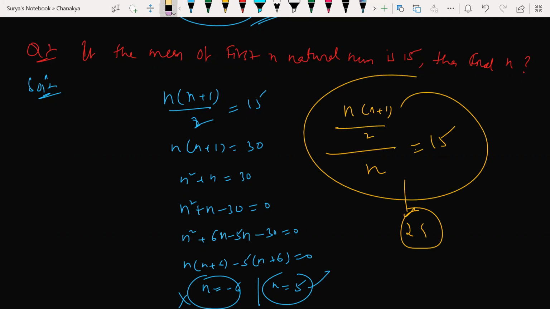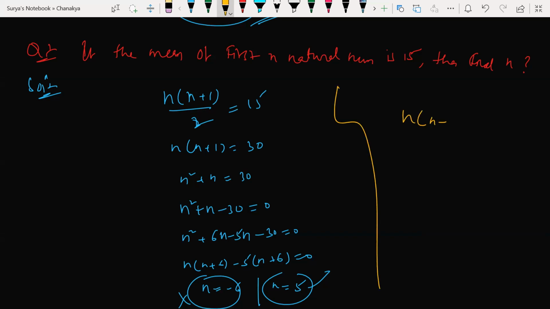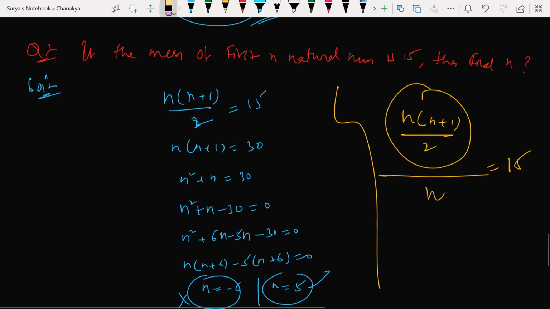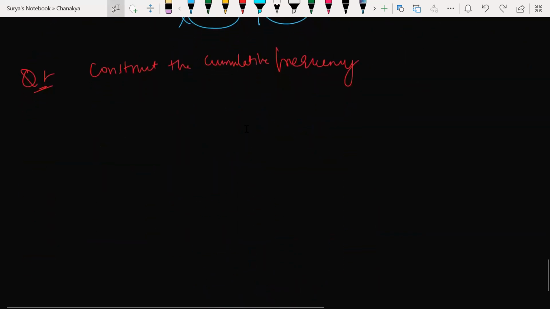Okay, no problem. Let me go through this question. Let us not waste time. Let me go through this sum once again and sit on it for a while, then we'll discuss in the next class. But the mean is the sum of n natural numbers divided by n, equal to 50. This is the formula of the mean, isn't it? If you follow the formula we are not getting it, but if you follow it without dividing by n, we are getting a sensible answer. No problem, let me come back to you.